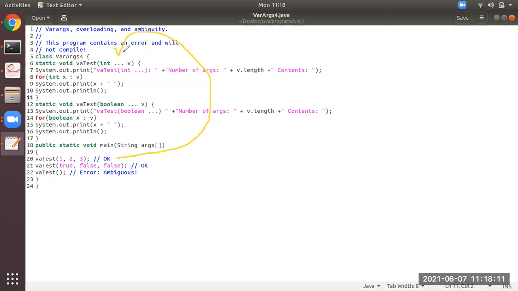It is clear. Then this method will call this method. It is clear. But this one is going to call whom? Either 6th method or 12th method. That is the problem over here. So that is an ambiguity. You can see the comments. This program contains an error and will not compile.